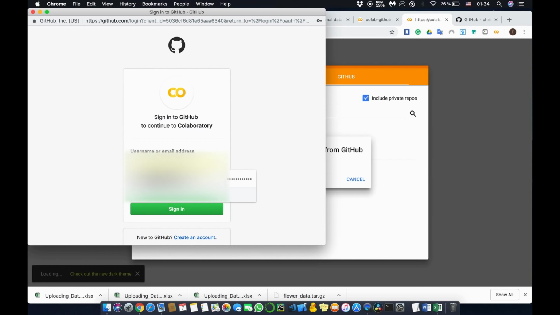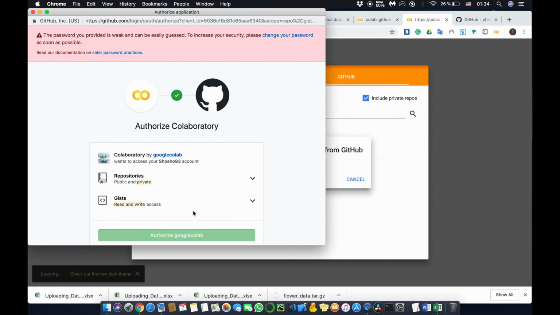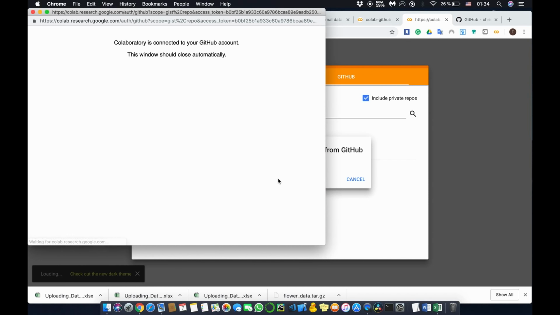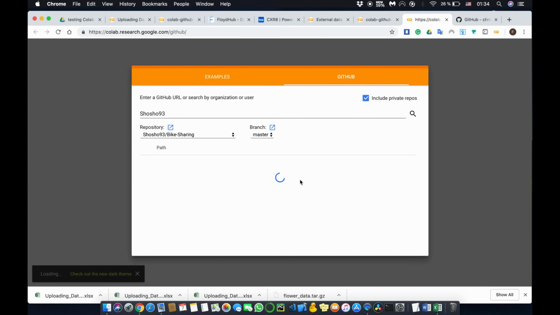You will need to provide your own email address for GitHub and the password, and then you click sign in. Now they are asking us to authorize Google Colab. We'll click on that and you can see that we have our repository and the branch we want,